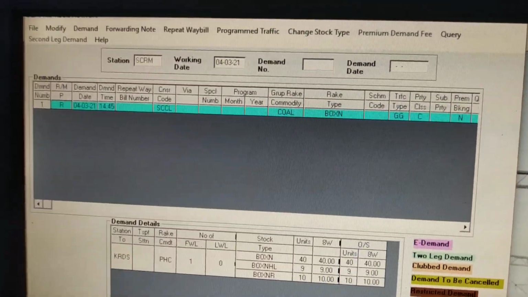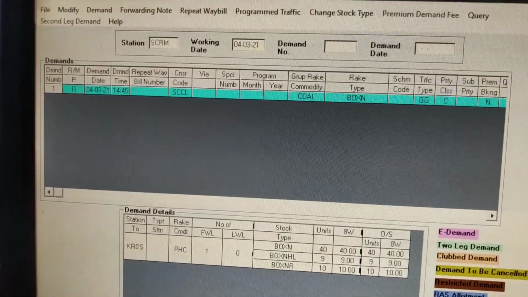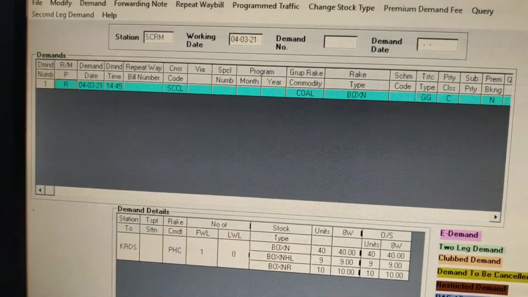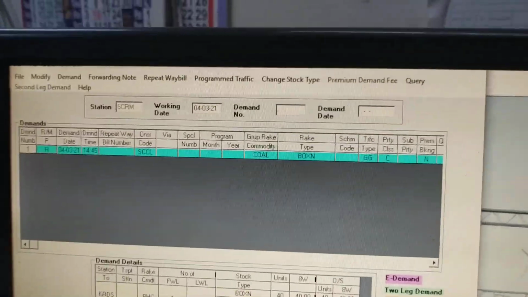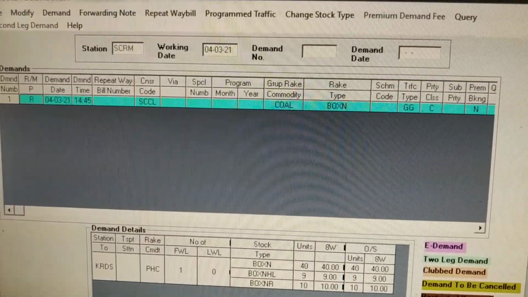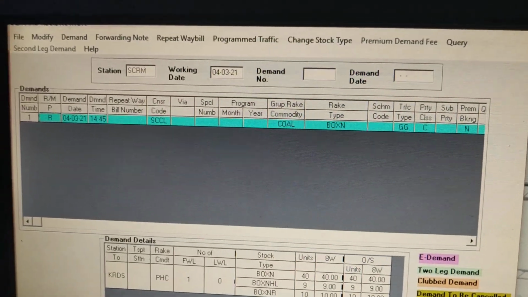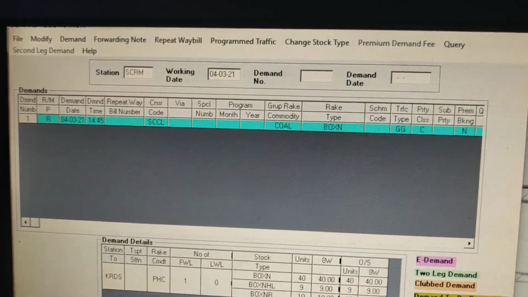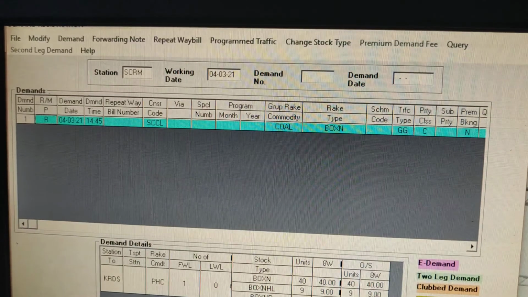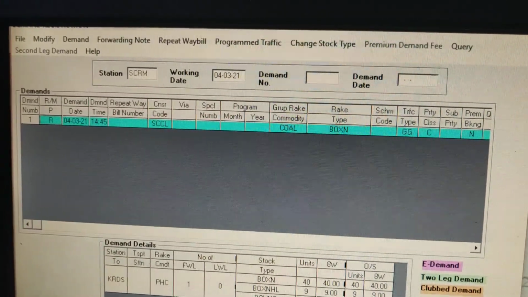Hope everyone has understood and will follow this process, and this should be done before release of the rake. This should be done before release of the rake.